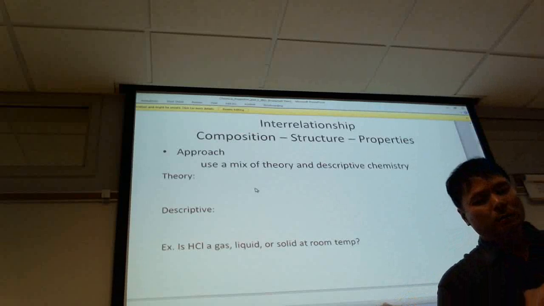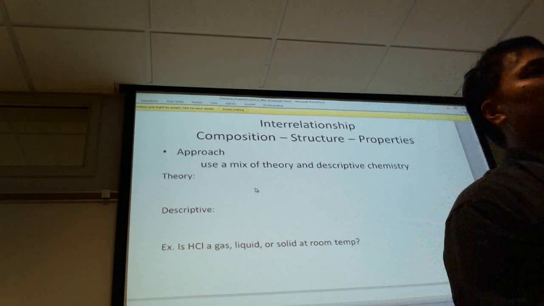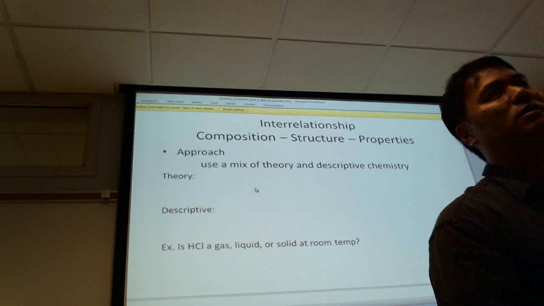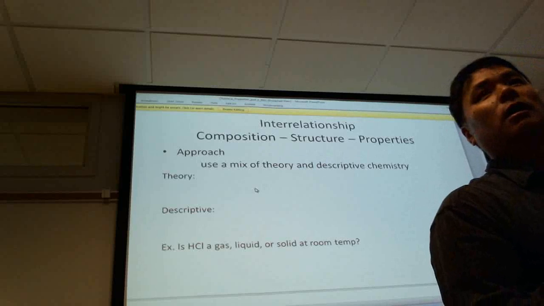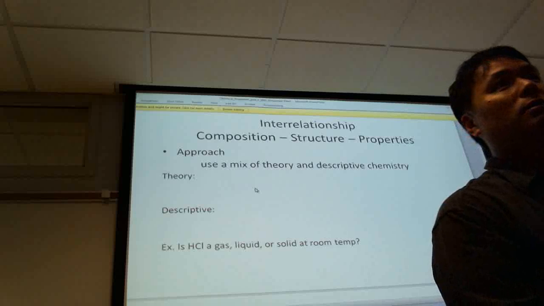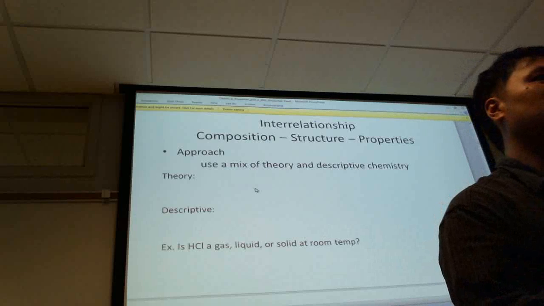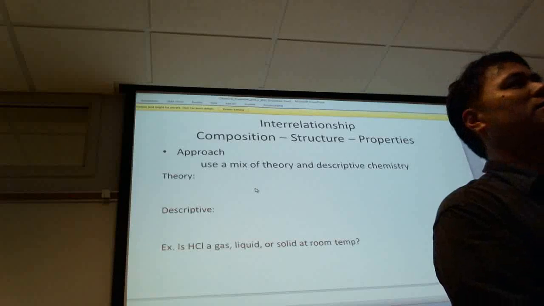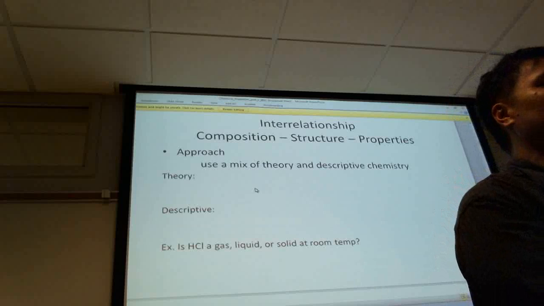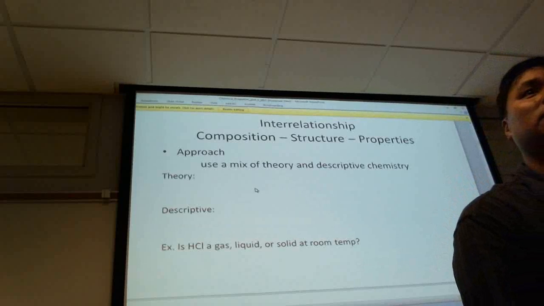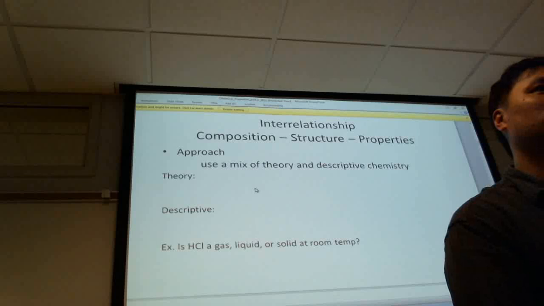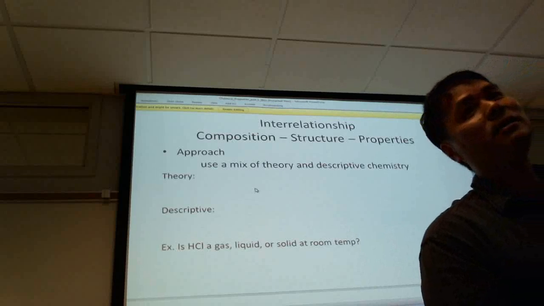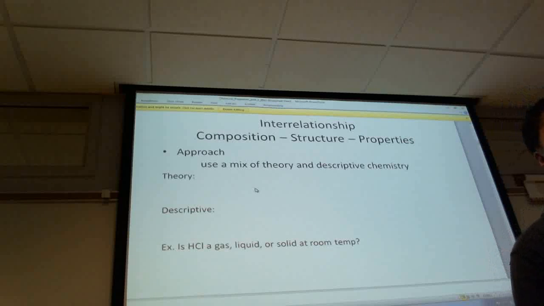So our approach is two-pronged, but we don't want to use theory for everything because theory can be too much work. For example, do you want to use theory to say why water doesn't burn? Prove it to me theoretically using physics and math. Do you want to do that? No, you just say it doesn't burn. You try to burn it, it doesn't burn. It's a fact of nature. If you tried to combust it, it's not a good fuel. Maybe you could eventually get it to combust, and in fact you could, but